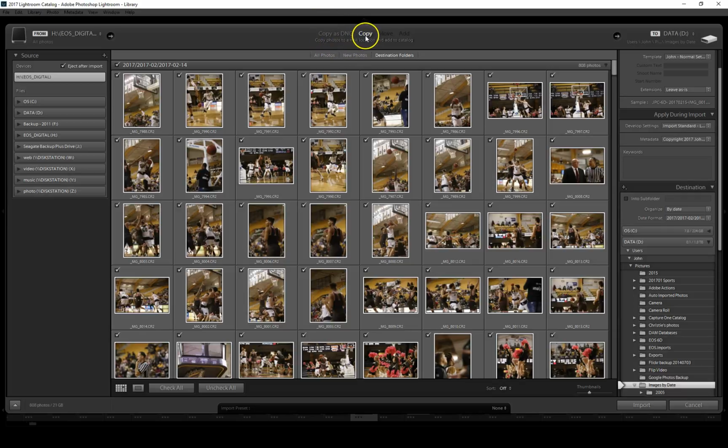You can see the next option here says copy, and we can copy the photos to a new location and add them into our catalog. Pretty self-explanatory there. We can move files if they're on the same disk. If they're on our C drive and we're moving them to someplace else on the C drive, that's what we would pick. Or we can just add our files right where they are, and Lightroom will keep track of where they are. You might have them already organized by date or by photo shoot or by vacation or something, and you don't want to rearrange your files. In that case, just click on add, and Lightroom will just add them to the catalog index and will not